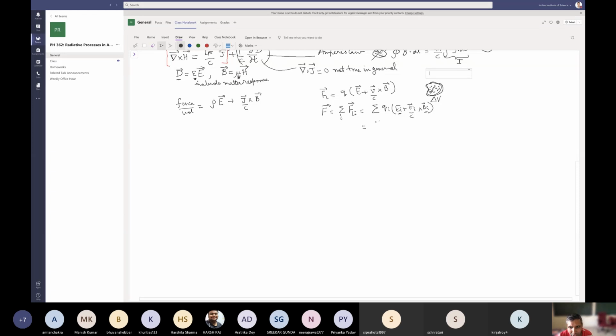So in that case, what you have is summation Qi times E at that location plus summation Qi Vi over all particles divided by C cross B. And this is the total force, and we just divide it by the volume of this fluid element delta V. So this is 1 by delta V, and this is 1 by delta V. So this is nothing but charge density rho, the charge per unit volume in this small volume, and this is nothing but the current density,